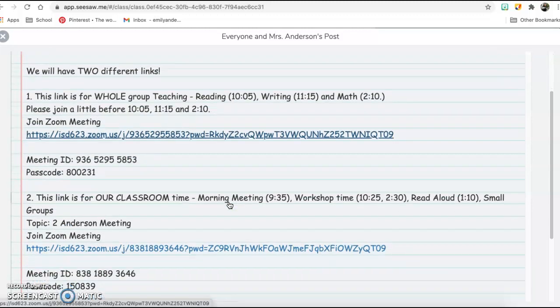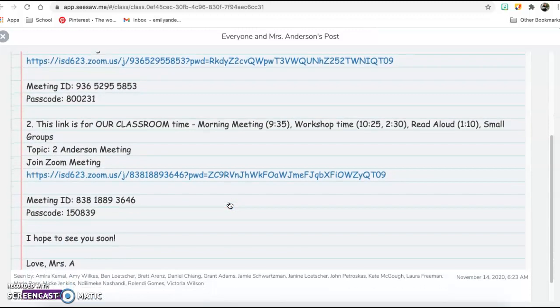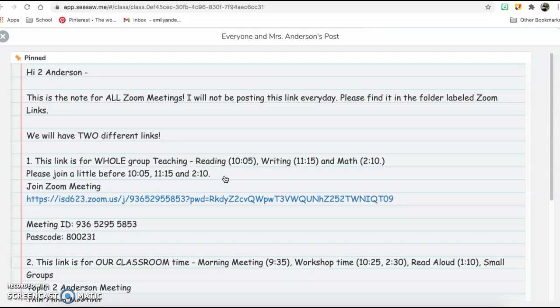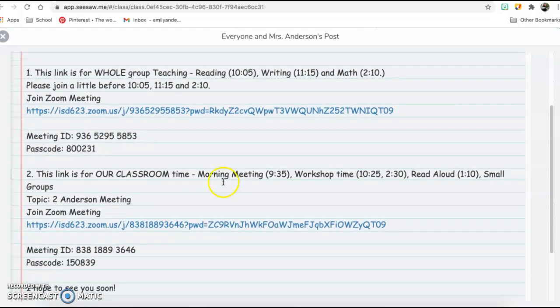Now if you keep scrolling down, it says this link, number 2, is for our classroom time. So things like morning meeting at 9:35, workshop time at 10:25 and 2:30, read aloud at 1:10, and other small groups. And this is that link right here. So do you see how you're going to have to open the note and join using one of these two